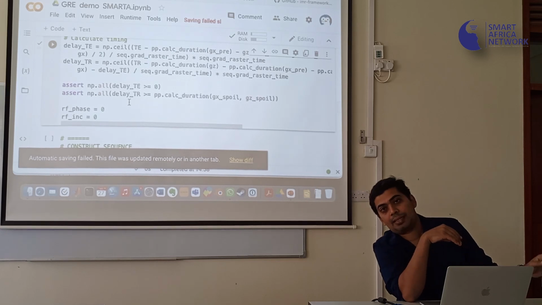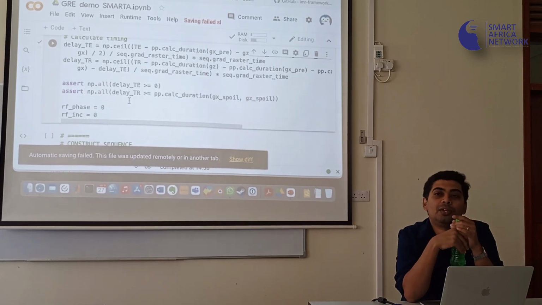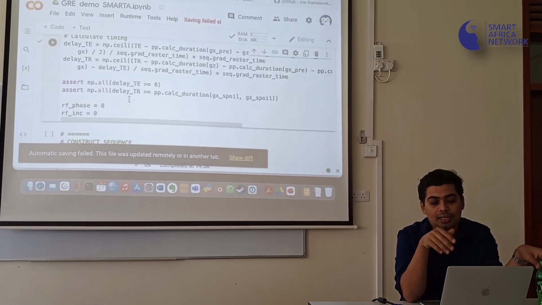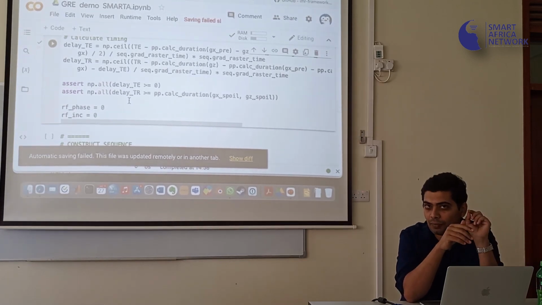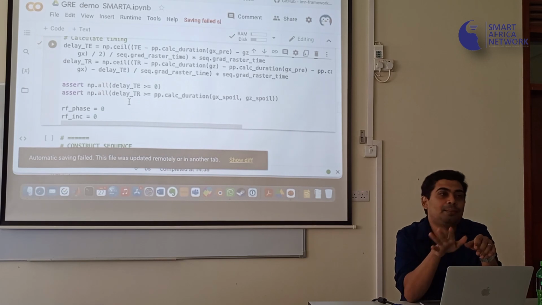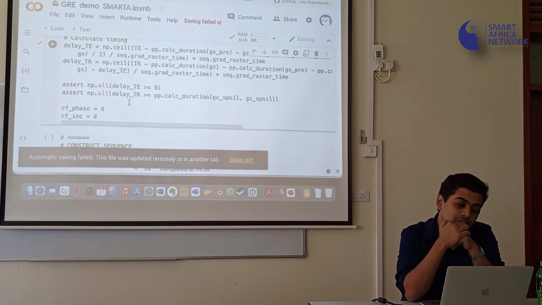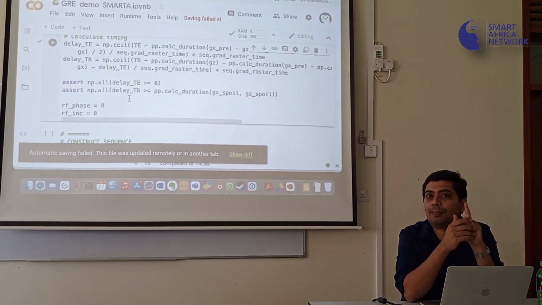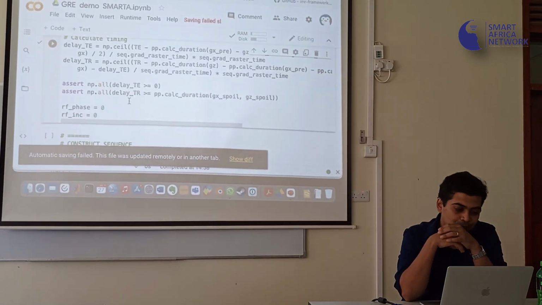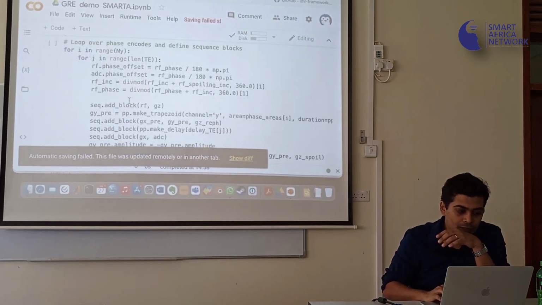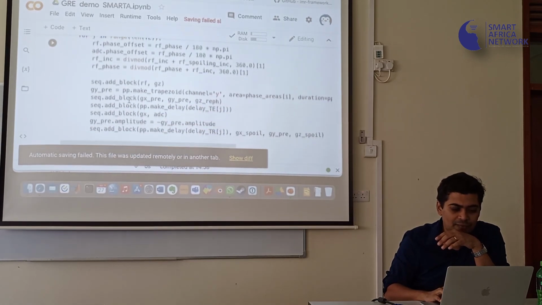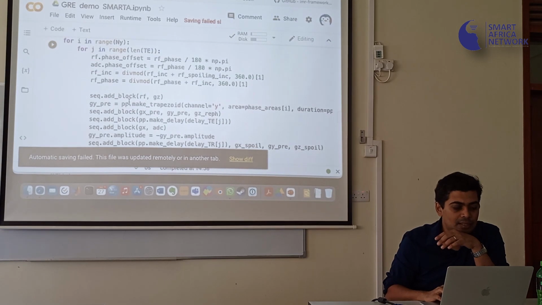The raster time is the number of samples you send to the gradient coil in unit time. In this case, it's 10 microseconds. So every 10 microseconds, you send a sample to the gradient coil telling it what it should be doing. The RF or the radio frequency coil gets an update every 1 microsecond. This is the sequence itself, which is pretty straightforward. It basically says,